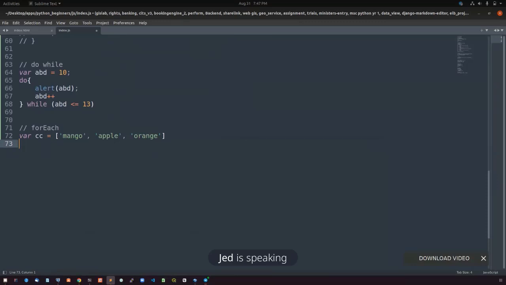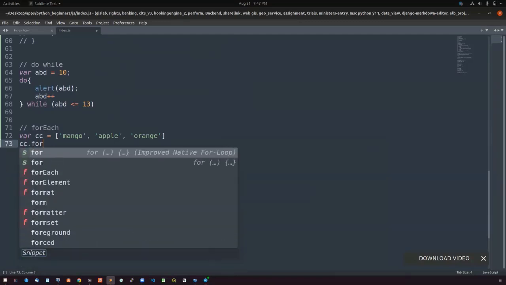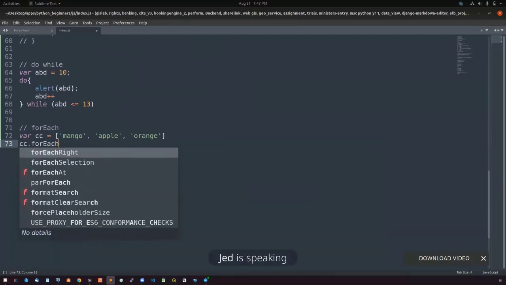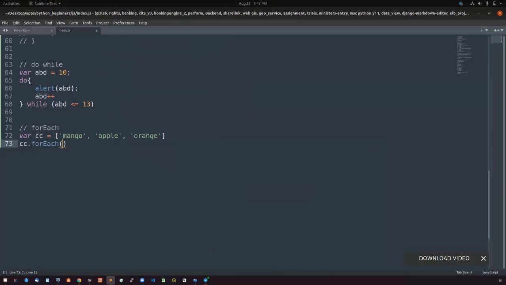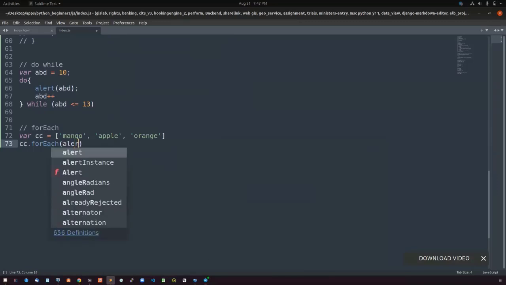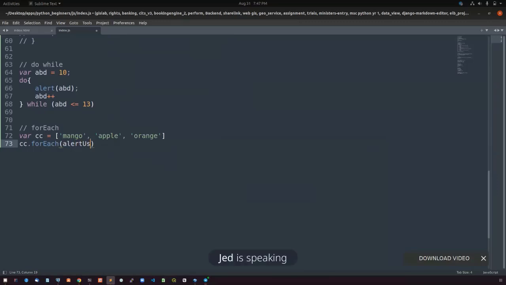So we have CC. Now we want to say CC dot forEach. We want to put a callable here. What callable do we want? We want to call this alert. Yes. Now we've placed a callable over here, but this function isn't defined, so we define the function